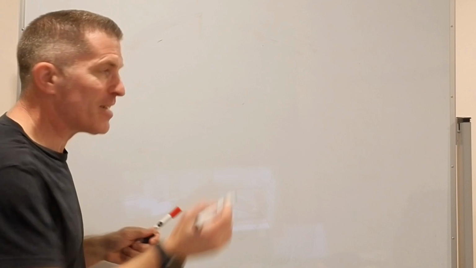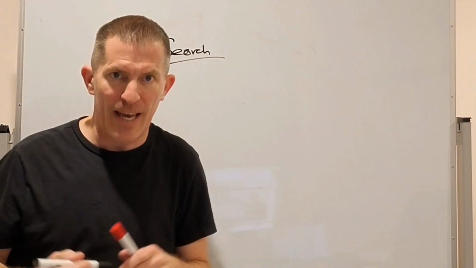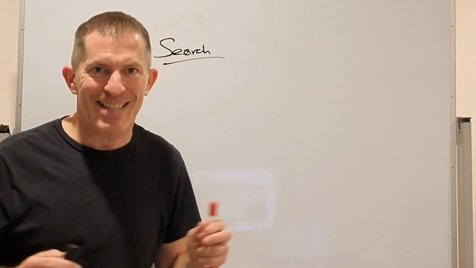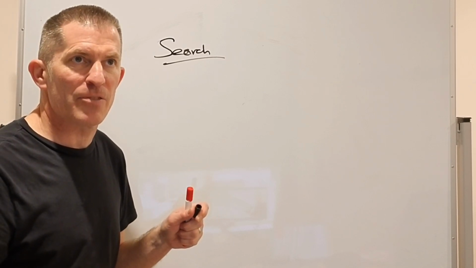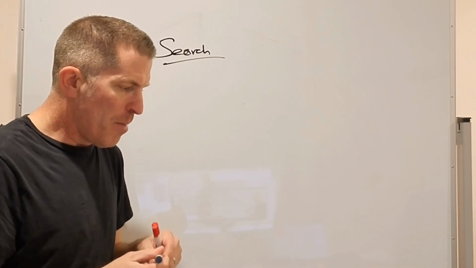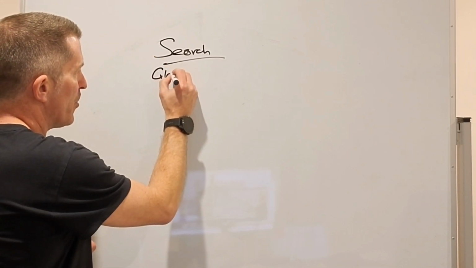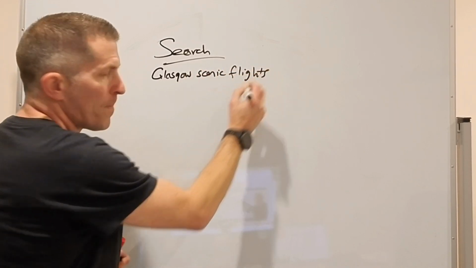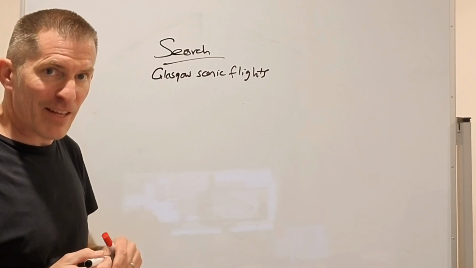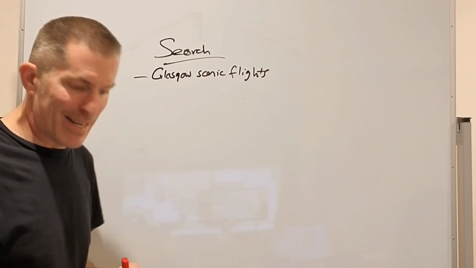Cool, that'll do. So let's just say you have your search campaign. And let's just say you have a scenic flight company as an example. Now I might get my geography wrong here, but let's just say we're in Glasgow, Scotland, and you had your Glasgow scenic flights keywords. So a lot of people are searching for Glasgow scenic flights. They want to go along the Clyde, out to the west coast, back into Glasgow. Maybe a river landing if it's a seaplane.